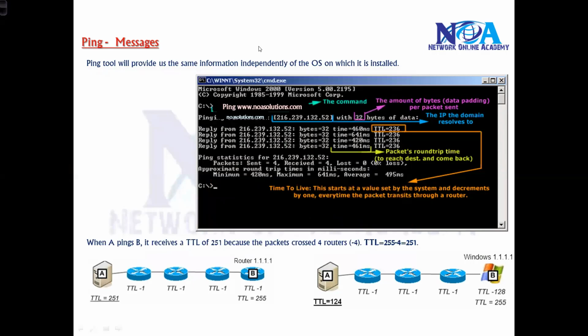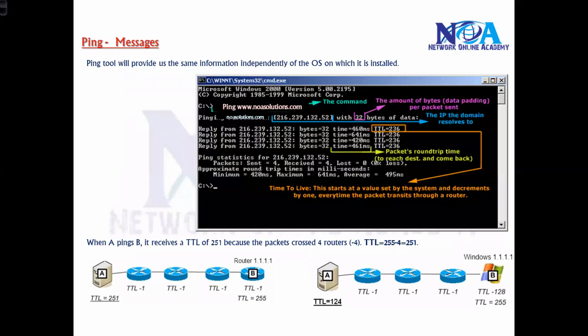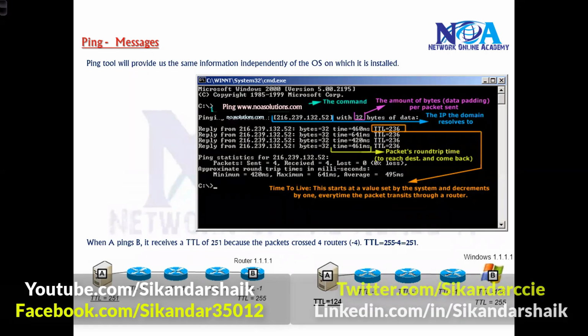The ping utility is a utility to test the communication between two devices. It sends out an ICMP request, and the reply is an ICMP response. By default, it generates 4 ping requests on a Windows machine. The number of echo request and echo reply messages may vary on a router. And again, we have discussed that the TTL value defines the hops, which will decrement. Then we have time, the round trip time, and then the payload, which is the size of the packet sent by the source machine.